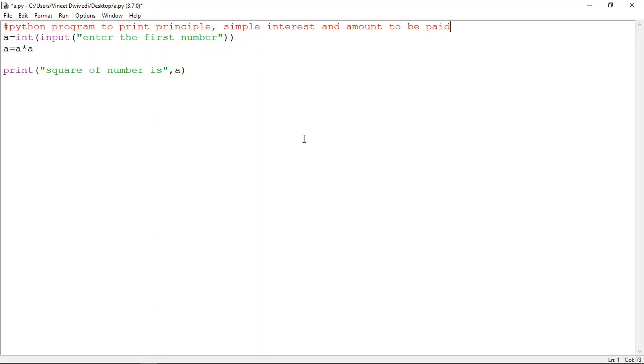Now suppose we have written this code, we want to have a modification in the code.